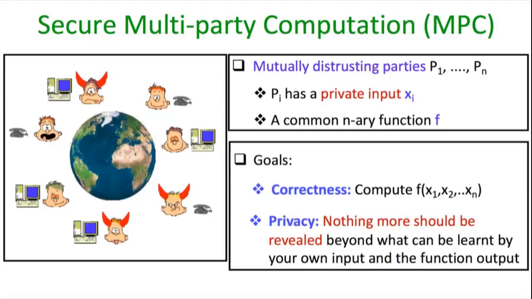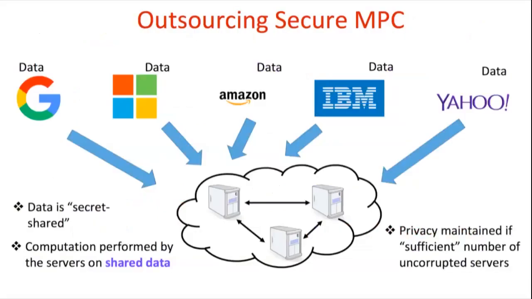Why is this a very important problem? Because there are plenty of applications in the real world which can be modeled by this abstract problem of secure multi-party computation. Let me give you a very simple example. Everyone these days is interested in machine learning. And the accuracy of machine learning applications depends upon the diversity and the volume of data on which you are running them. So if the data is coming from multiple entities and has a huge amount of variance, then you will expect that the accuracy of your ML algorithms will be better.